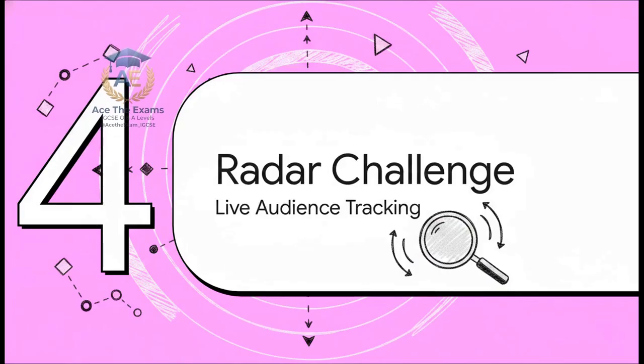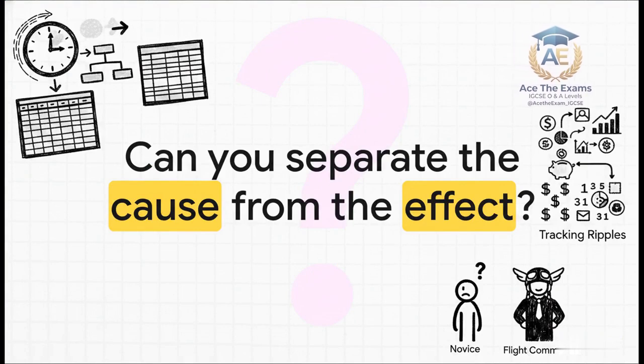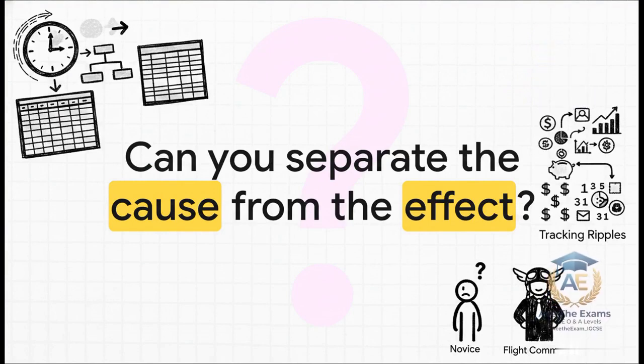Now initiating Section 4, Interactive Viewer Radar Challenge, Live Audience Tracking. We are engaging the live audience tracking system now. I am initiating a simulated 60-second visual countdown on your HUD. Consider the complex data structures of a master budget scenario. Here is your challenge. Can you actively scan the telemetry and locate the core variables that separate the initial cause